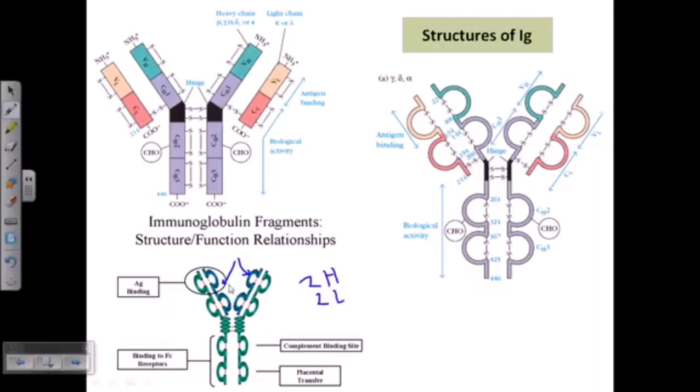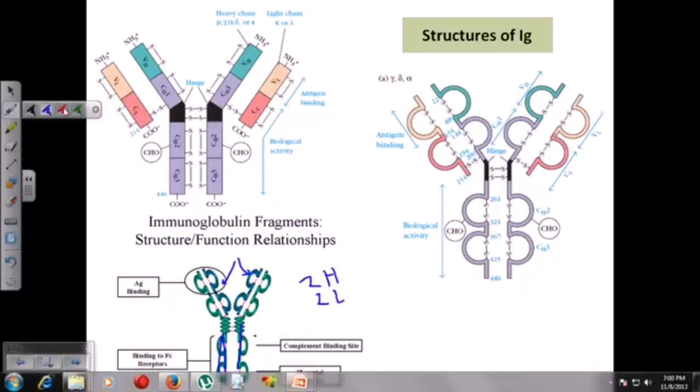And on this structure there are regions, like here. This part at the top of the Y is the region for antigen binding. That's why it is termed the AG binding or antigen binding region. And obviously at the bottom part, this region is called the FC region, and this is the receptor binding region, because using this bottom part,